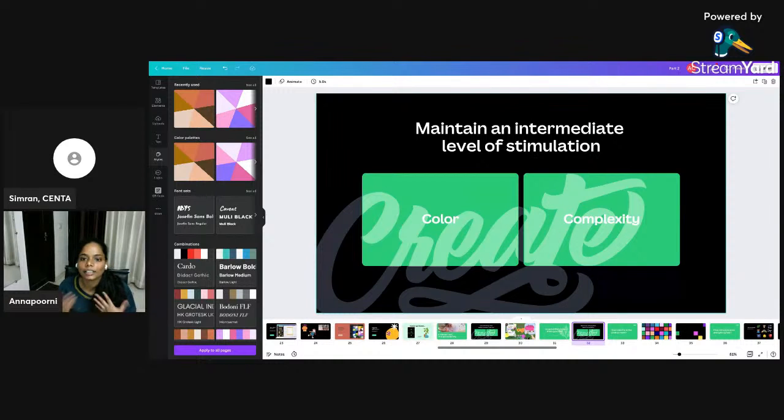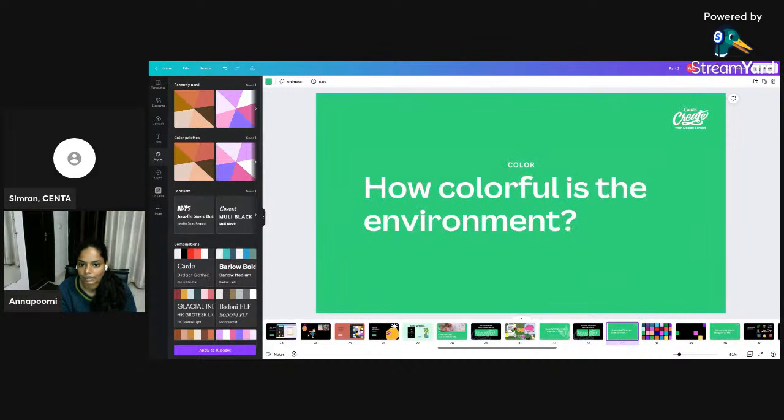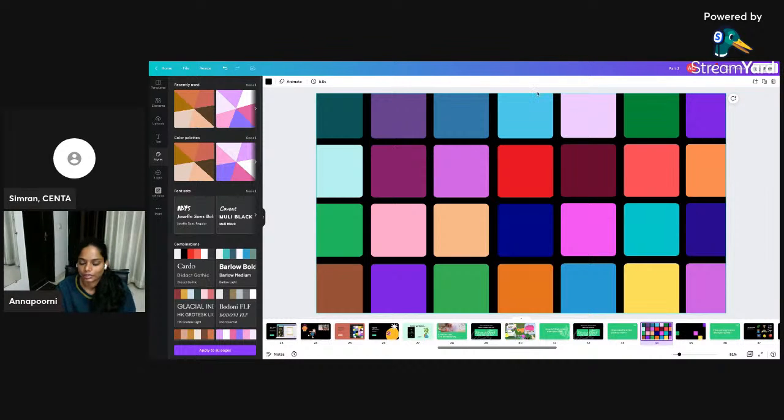So the color and complexity both are really important while going into any design. So, how colorful is this environment? It's very colorful, right? It has so many different colors.